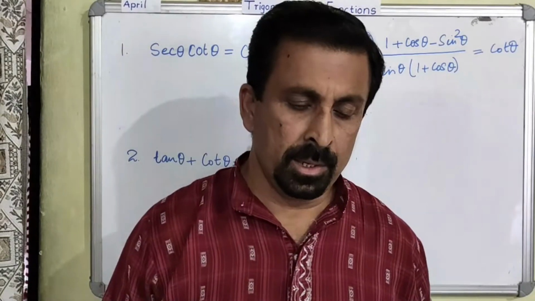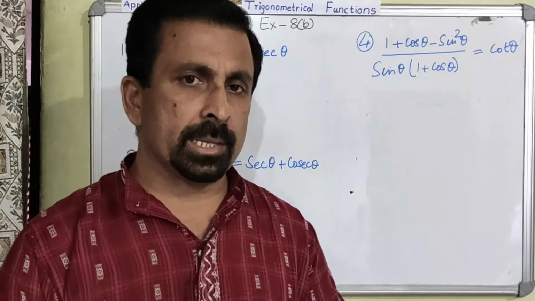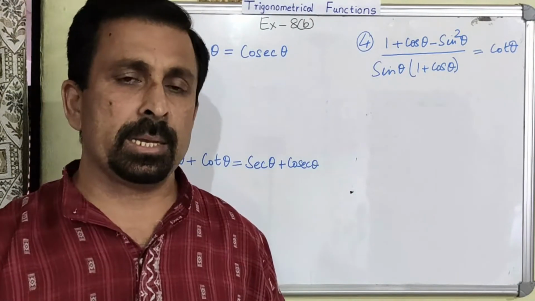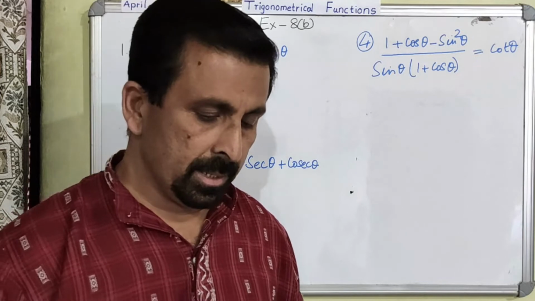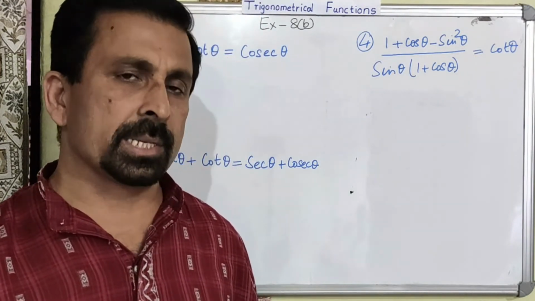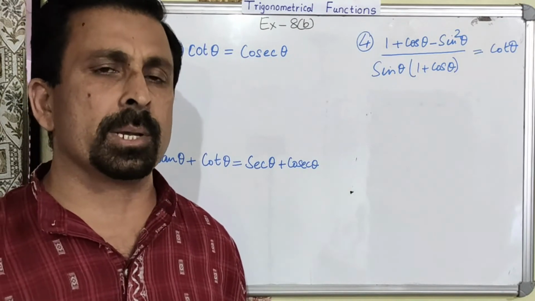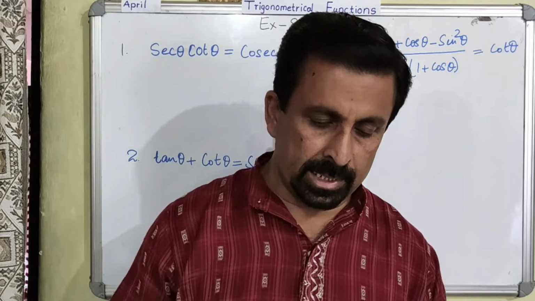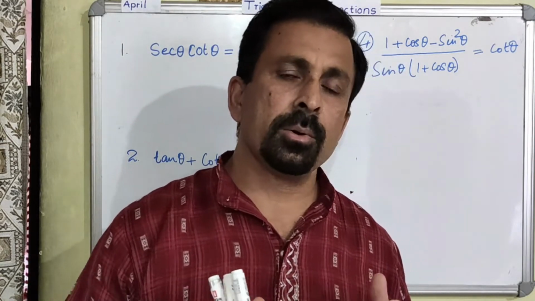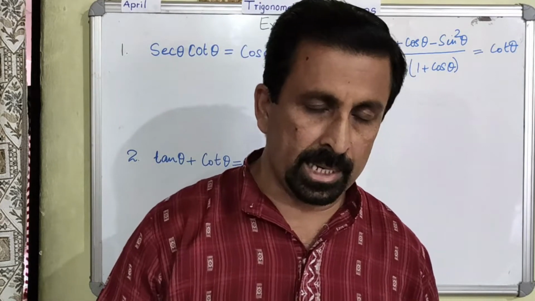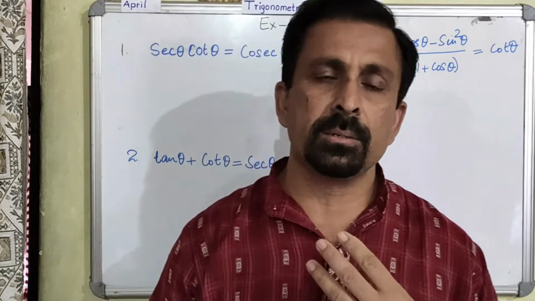Good morning. Today we are going to move on to another exercise of trigonometric functions. This exercise is 8b. This exercise also belongs to trigonometrical identity. In the first exercise, we solved a few trigonometrical questions based on trigonometrical identity, and exercise B also belongs to the same topic, trigonometrical identity. That means we are going to use the